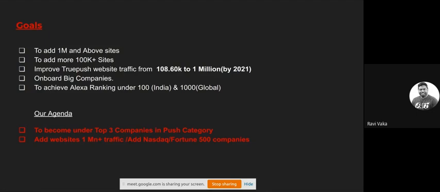Yeah, onboarding bigger companies. Yes, obviously we want more and more publishers who are renowned across the world to start using our push notifications tool. More big companies using us means our product will evolve and mature in terms of its features and benefits. Right now, on our roadmap, I think we are around 20 to 30% of what we wanted to achieve. We have achieved 30% of it.